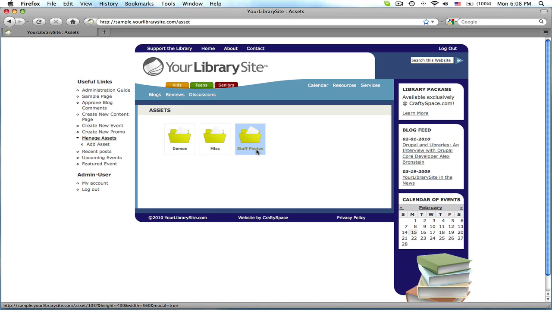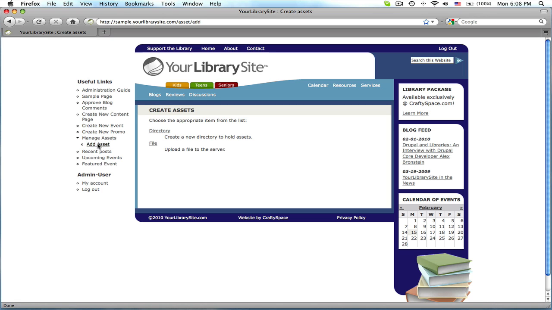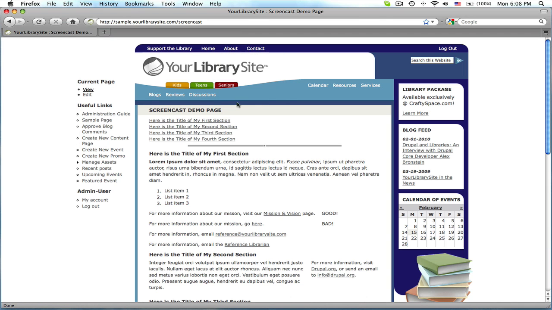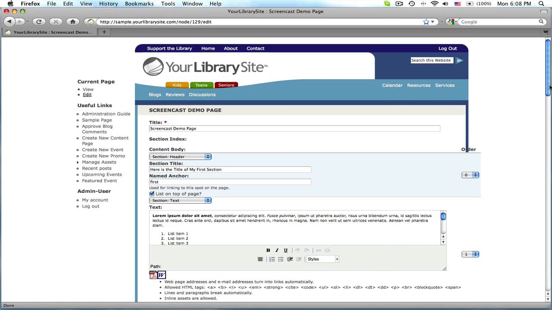So I've created my directory. Then I would go to add asset. I would choose file. I would add the names of the various staff members and their photos, and so on, so that next time when I was working with the page and I wanted to add an image,